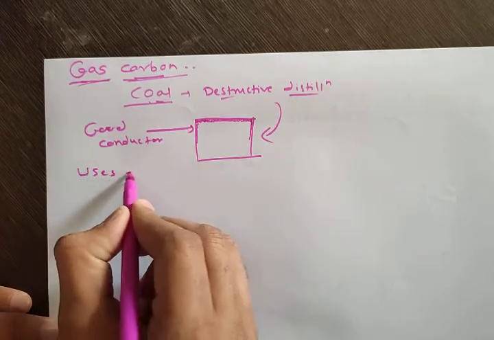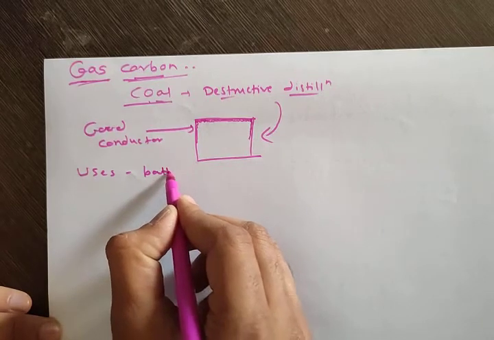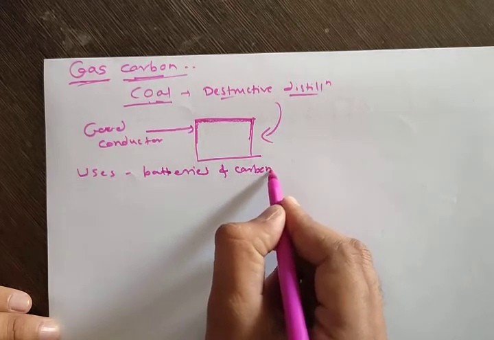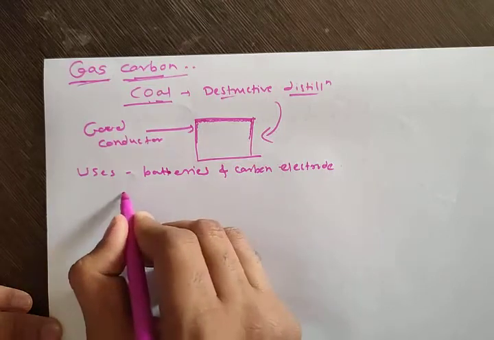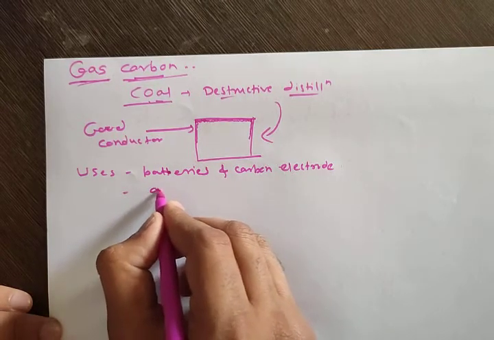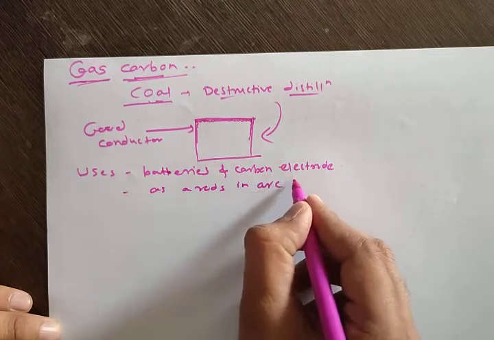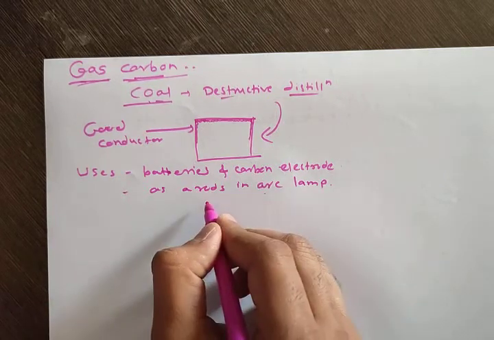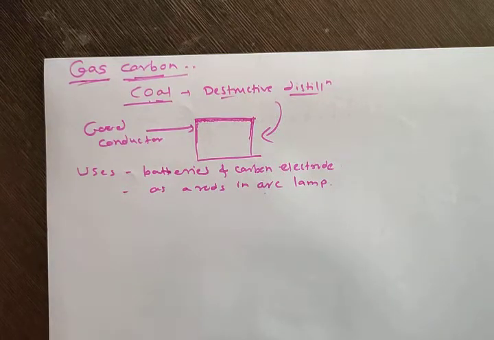So what are the uses? So gas carbon is used in the manufacturing of batteries, all of you know batteries, and carbon electrode also I told, which is used in the electrolysis. Then second, it is used as rods in arc lamps. Whatever arc lamps are there, inside that arc lamp, whatever rods are present, those rods are made from this gas carbon. Okay,